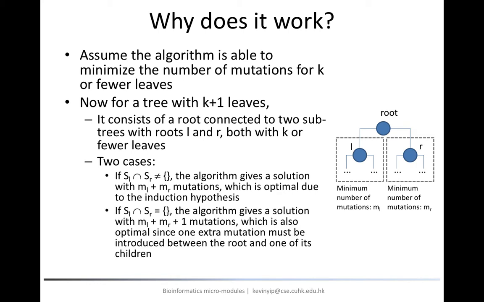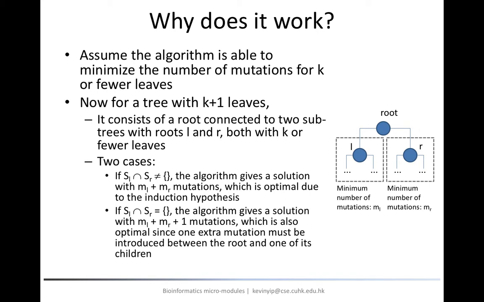In the second possibility, the preference sets of L and R do not have nucleotides in common. In this case, Fitch's algorithm would take their union as the preferences of the root, and then select one of them as the root's decision. Without loss of generality, suppose the root chooses a nucleotide from L's preference set as its own choice. Then the discussion for the left subtree is exactly the same as the first case.